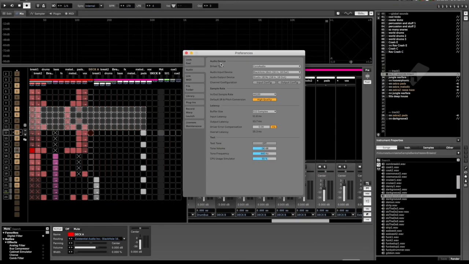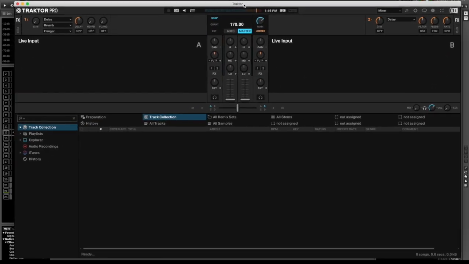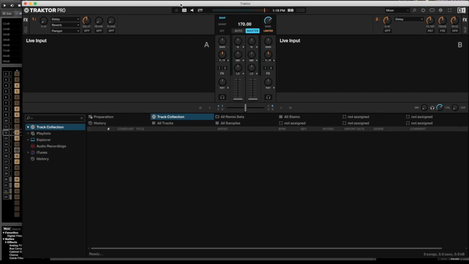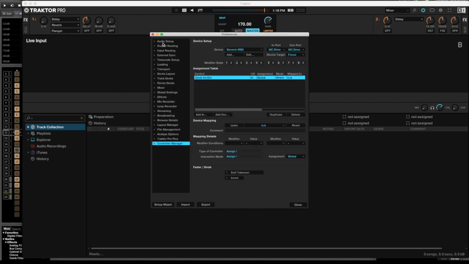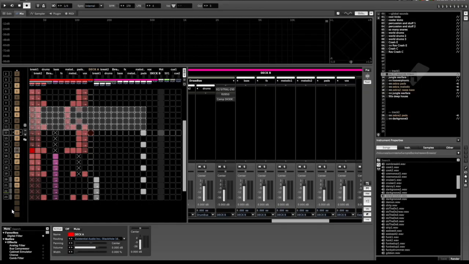just to show an example, you can also use Tractor, okay? I haven't really done a lot of stuff in Tractor, so basically I'm just going to show you how to set this up. That's all I can really do. But in the preferences here, you go to input routing, and it's the same thing. I want to have input for Deck A to be those 2 channels that I'm using for 2 and 3, 4 and 5. If I hit play here,